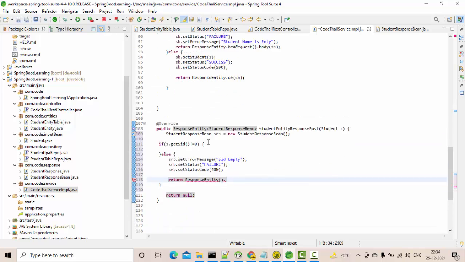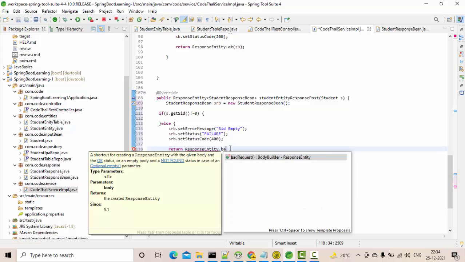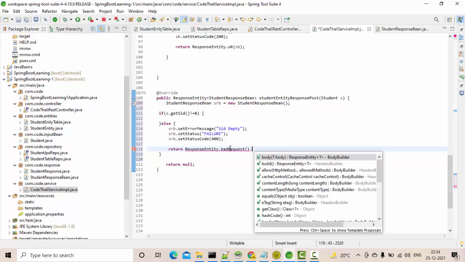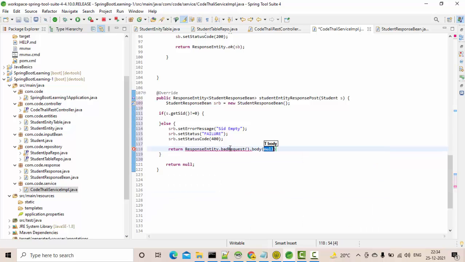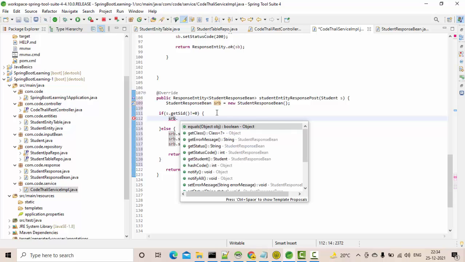Just a minute. It's not a method here. So ResponseEntity.badRequest with the body as srb. This is the body I am sending with the bad request. If my id is not null or not 0 in this case, then I'm going to send the proper data. How? srb dot